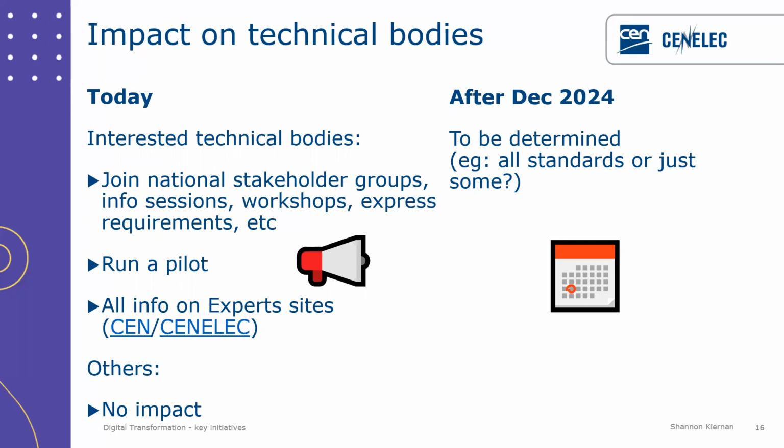And at that date, what will be the impact? We're still figuring this one out, and we will, of course, announce things in due course. But for example, one of the key questions we have is, will this new way of developing standards be relevant for all standards or just some? Because this will require a structure in the way that the content is drafted. So instead of drafting sentences in the way that you have done in the past, you may need to, for example, tag the sentence, and we would need to provide tools for you to do that. So this could be relevant just for some standards or for all of them. We need to figure that out.